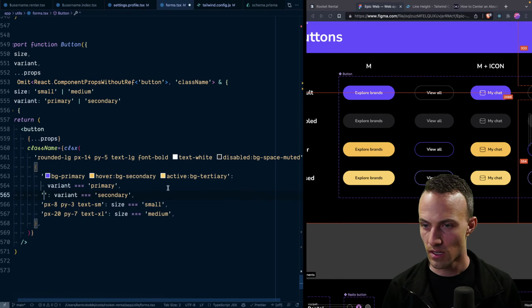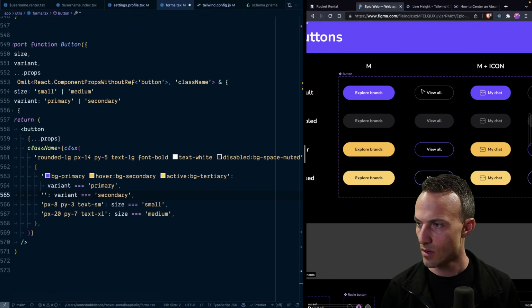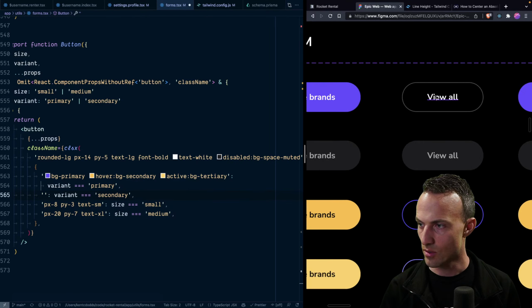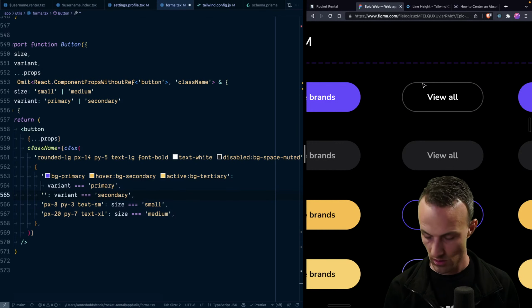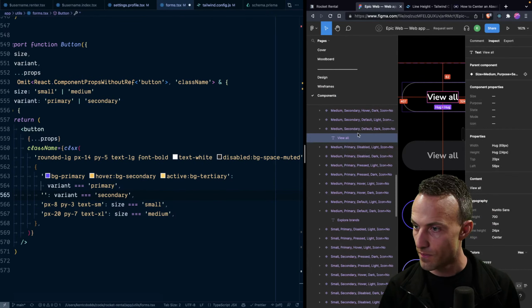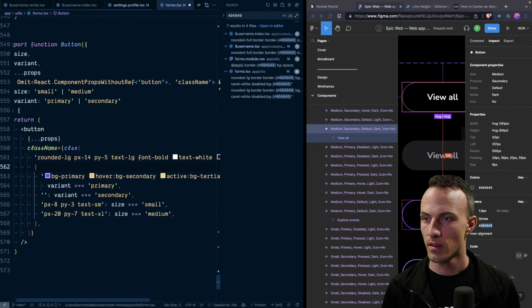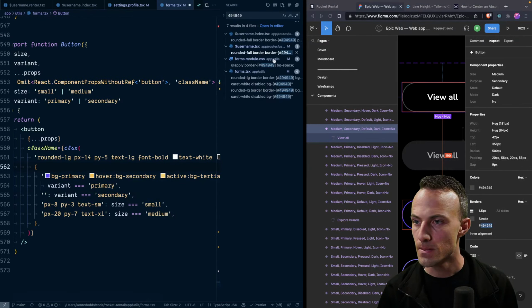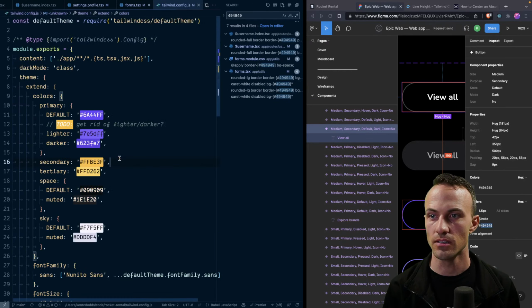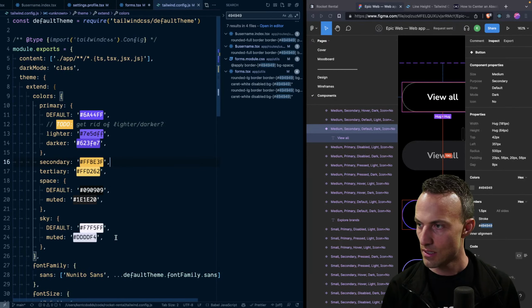So in the secondary, we're going to have a border, and I think this color we have. Oh, good grief. There we go. Yeah, we use it all over the place. So let's give this a real color now. This is going to be our